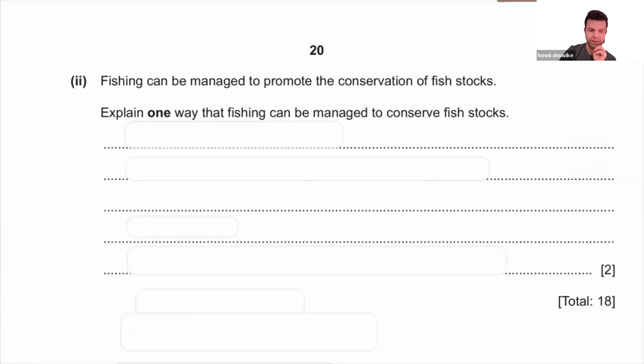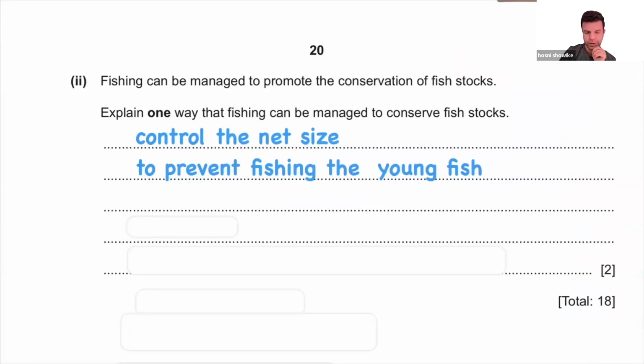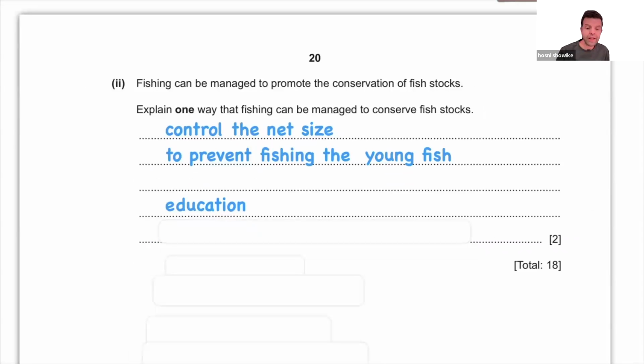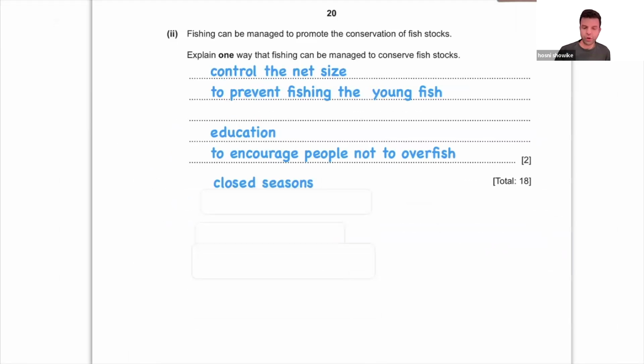So one more time, I'm going to say something like control the net size. You can say education. We didn't mention education, but it's like the easiest and the most obvious. If you educate people about the importance of fish, then they will avoid overfishing. And you can also mention